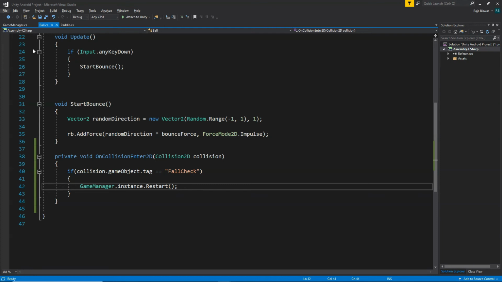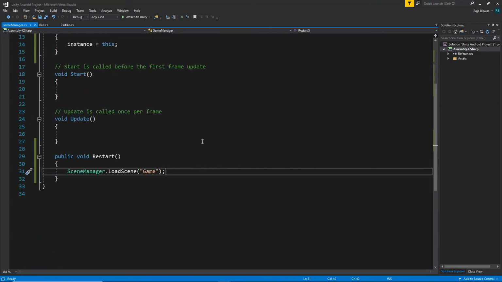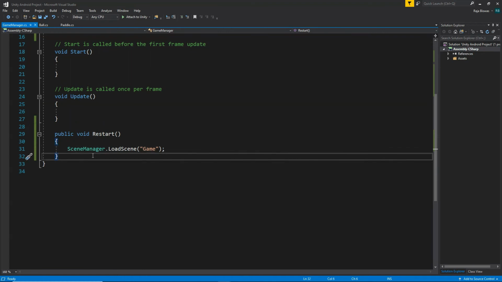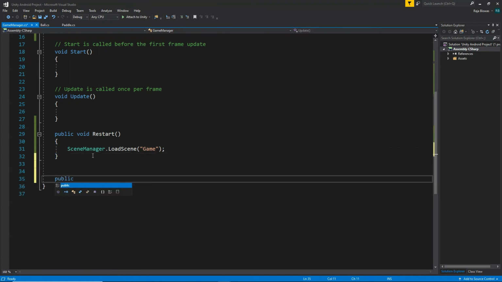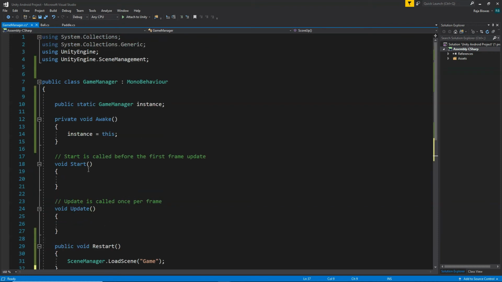And here we have this game manager script, and inside the game manager, first of all, we need to create a function called ScoreUp, public void ScoreUp. So this function will handle the scoring mechanism of our game. So first of all, here we need to create a new integer variable called int score, which will store the